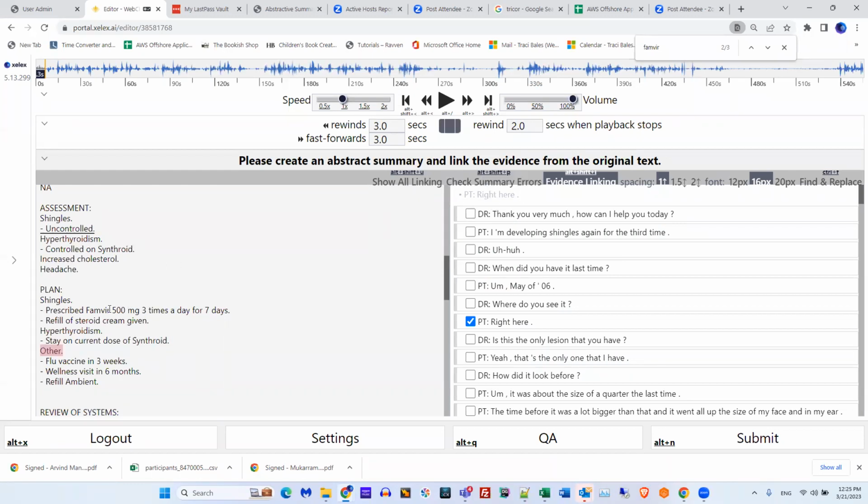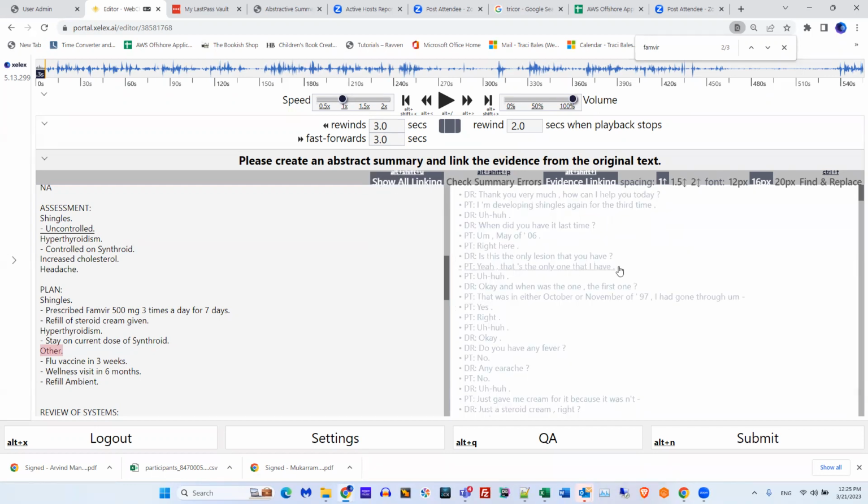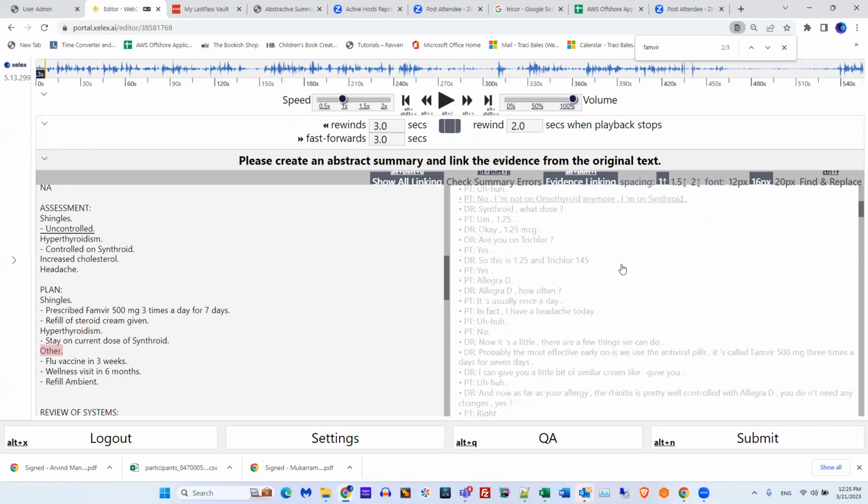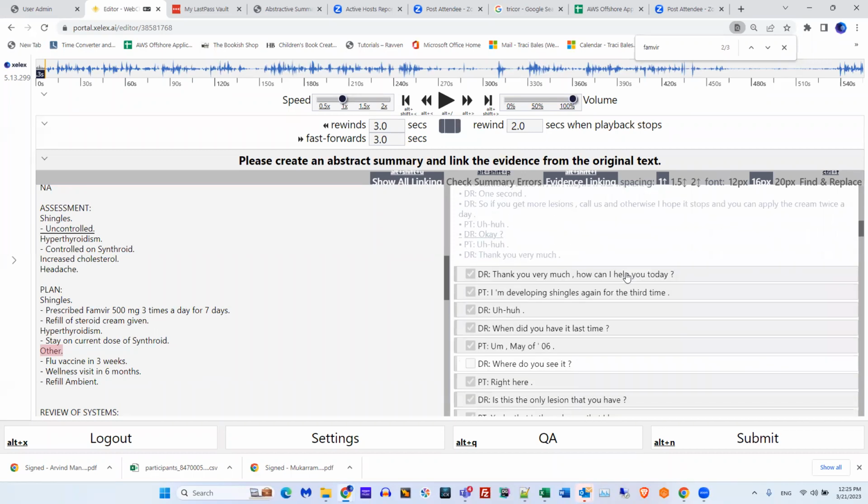Okay. After you check your errors, then you need to check your linking. So if you check show all linking, it's going to show you everything that you've linked. Now, keep in mind, this is a demo account, so I'm going to have things that are not linked that should be.